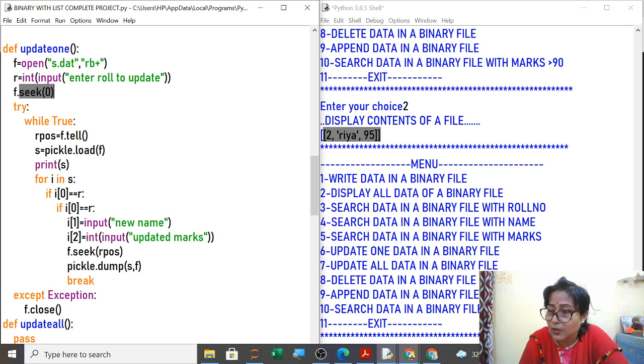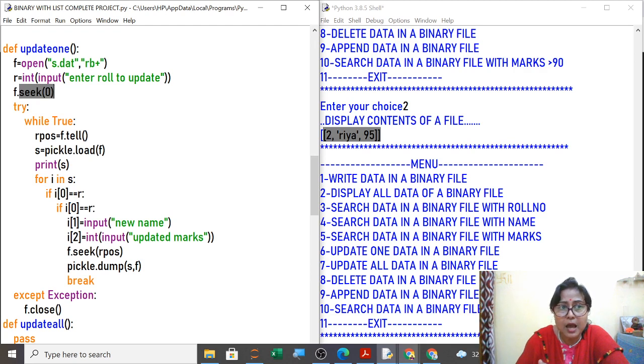If you write 0, then it will put the pointer at the beginning of your file. Clear? And tell will return the position of your pointer. So this in detail I will explain to you in one class, because this tell function and seek function is very important.